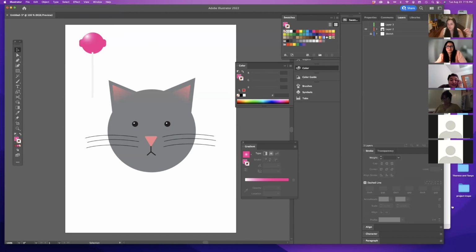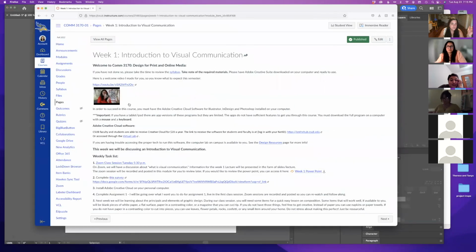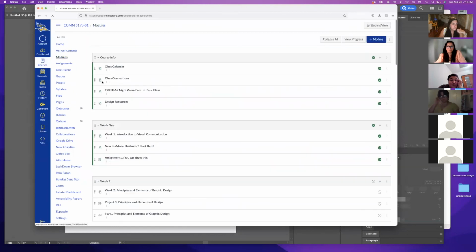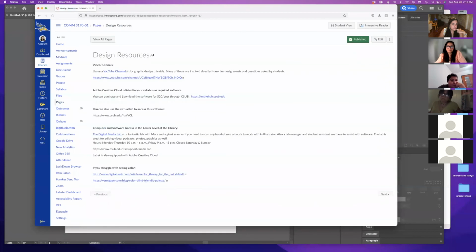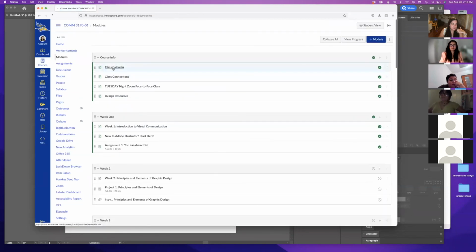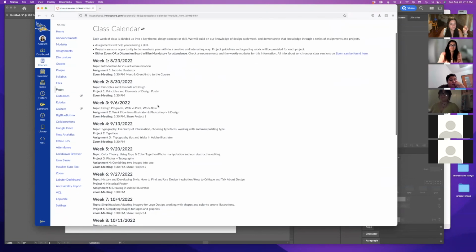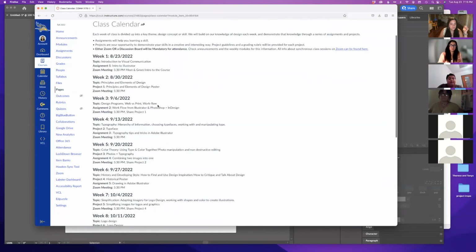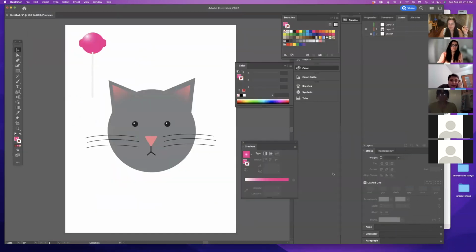There is a document for shortcuts, and I believe it is... It's not in here. I have it somewhere. It might be in the module for week... If I go to the class calendar, I think it's in week 3, but I'll find a new one too because they've changed.